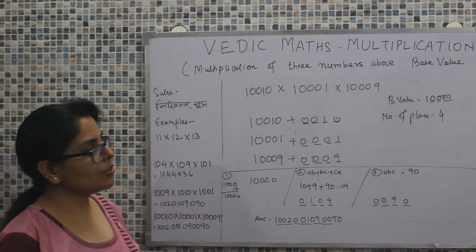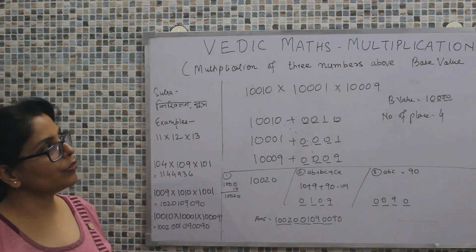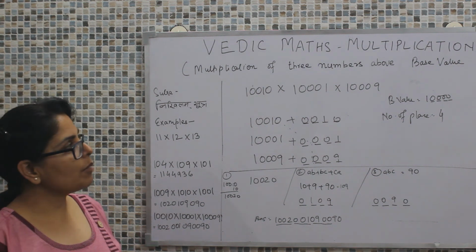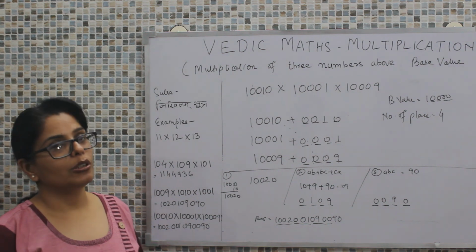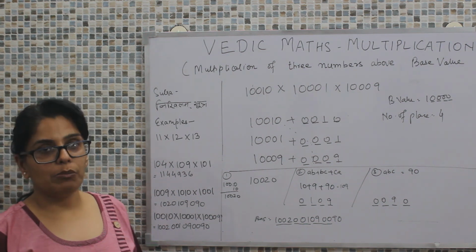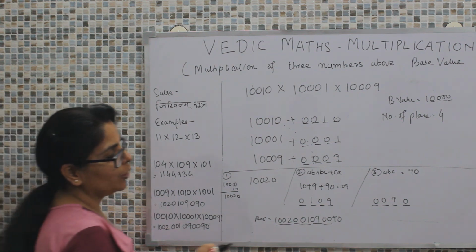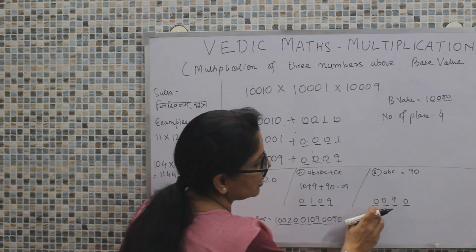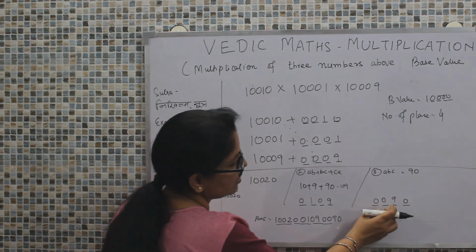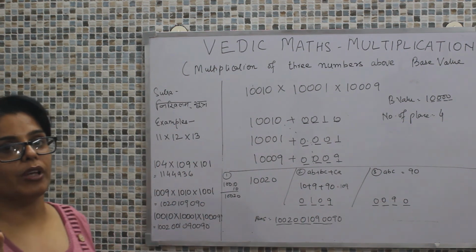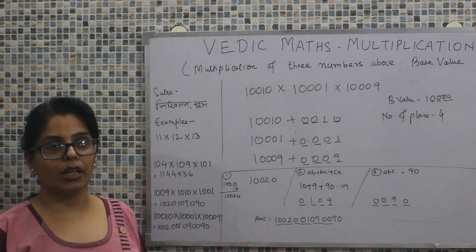So in this particular discussion, we have learnt how we can proceed for multiplication of three numbers, and the example we have discussed was where the values are above that particular base value. While multiplying, we need to make sure of the number of places, because if we don't consider the number of places, see how it will be reflected. It can be reflected as 90. So it really matters how many places we have to leave down in the multiplication, specifically for the second and the third slot.